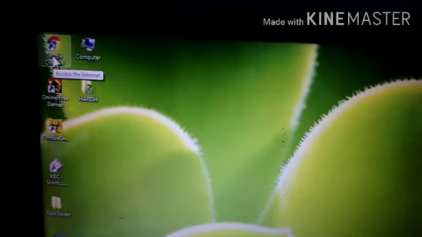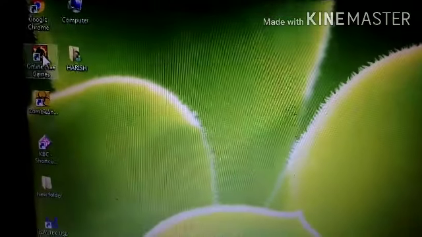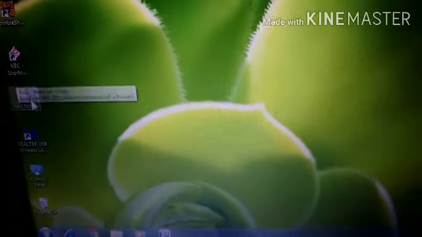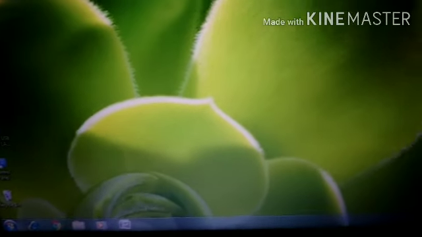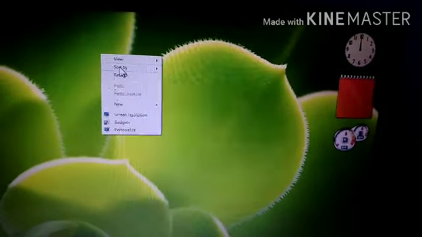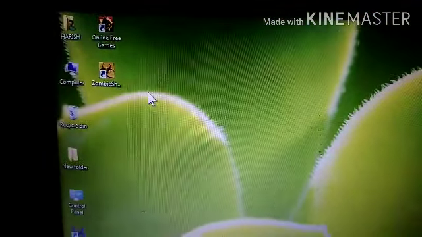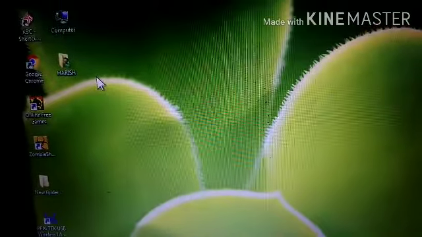Now the position of icons has changed. First Google Chrome, then online free games, then movies, KBC, and your computer and Hari's are last. Now right click, sort, item type, it will arrange like Hari's, computer, recycle bin. Now right click, sort, date modified, it will show according to the modified dates.